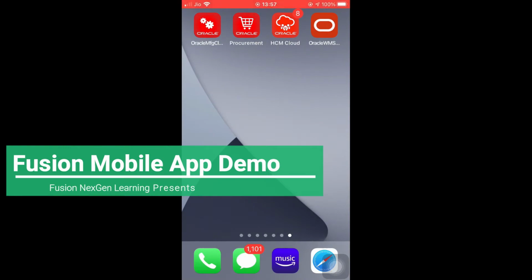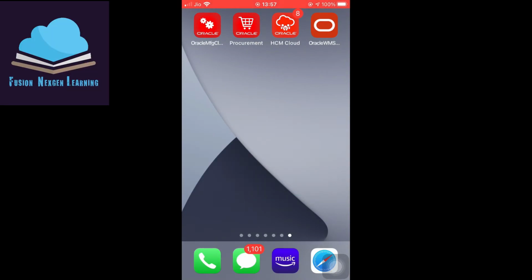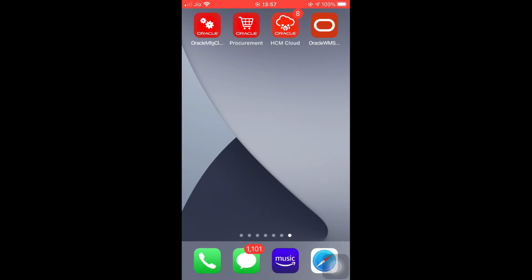So friends, I have downloaded the procurement Fusion Cloud mobile app on my mobile. After downloading, click on the mobile app icon.